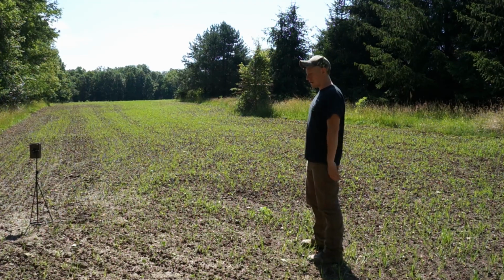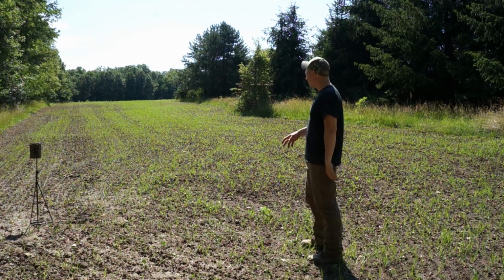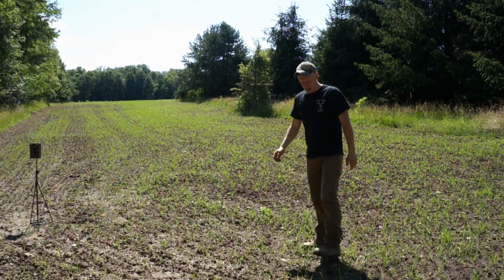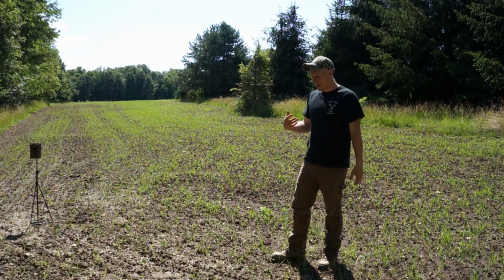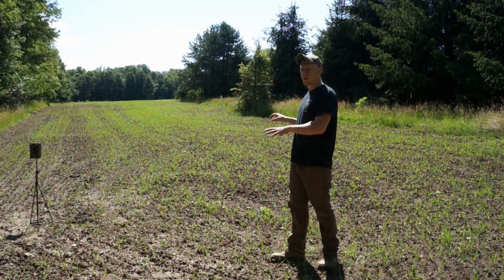That's kind of what happens when you plant beans early in a small plot like this. They get mowed down, but we have some more seed, so we're going to go in some of these patchy spots today and spread some more beans in, rake them into the ground, and hopefully over the next couple of weeks they will start to take. And by fall this will be a nice full